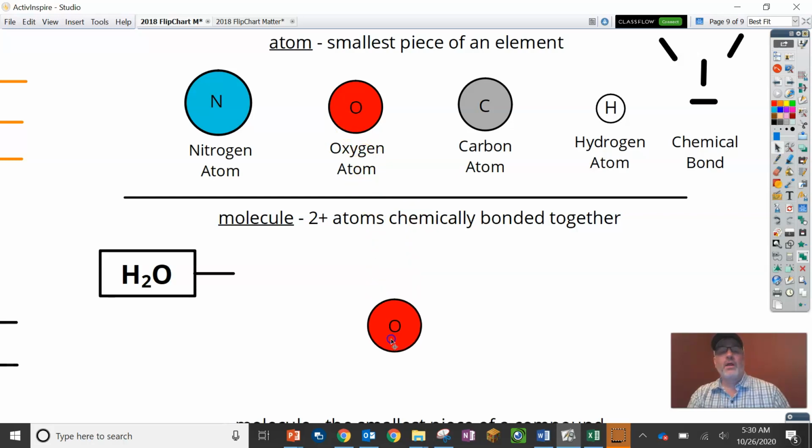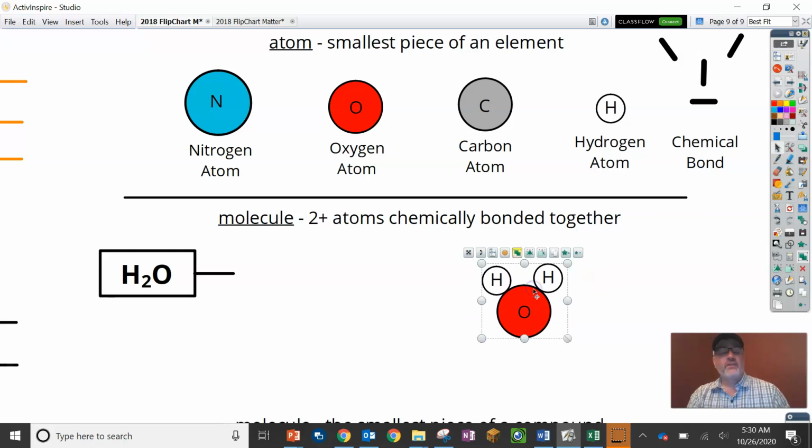I'm going to grab one oxygen atom, and I'm going to go ahead and grab two hydrogen atoms. Okay, and I'm going to bond these together. I can tell that they're bonded together because they are touching. So now we have made a new larger particle. This is one molecule of H2O, which we hope you know is water, and we can see that it's acting as one